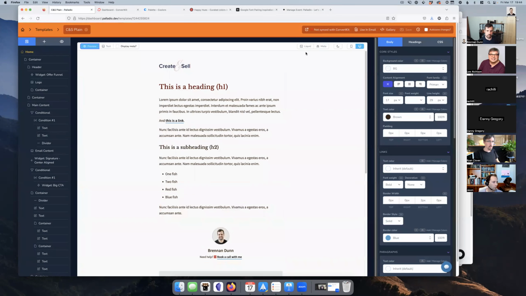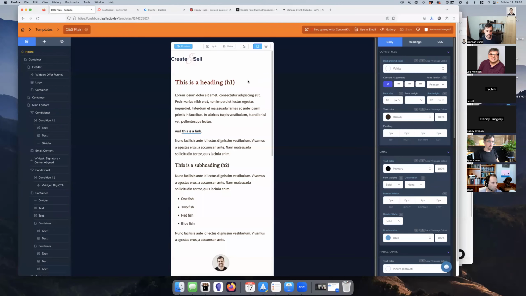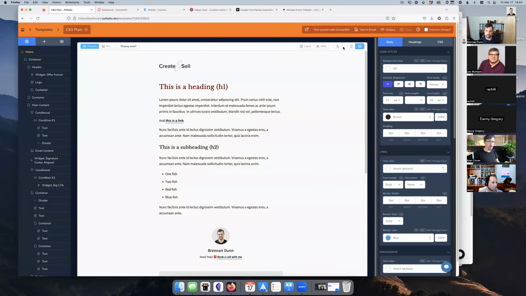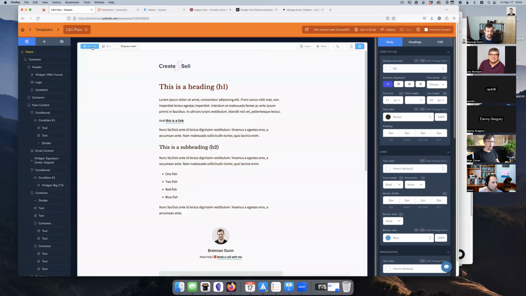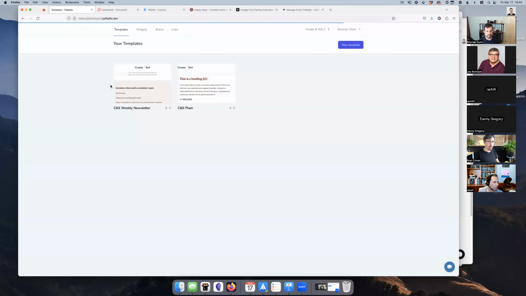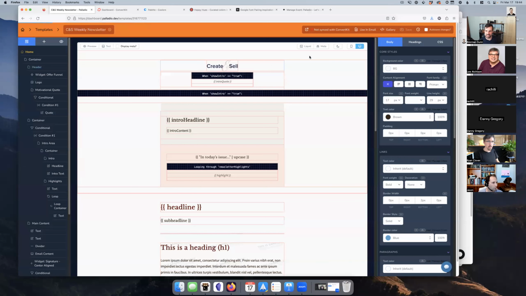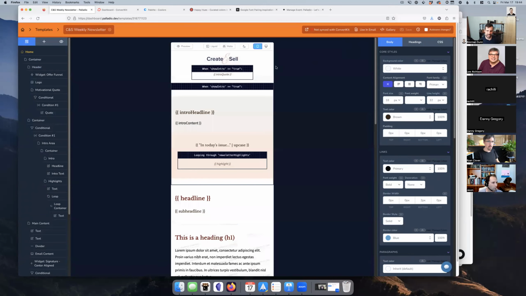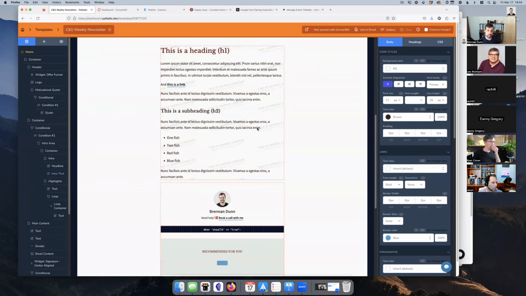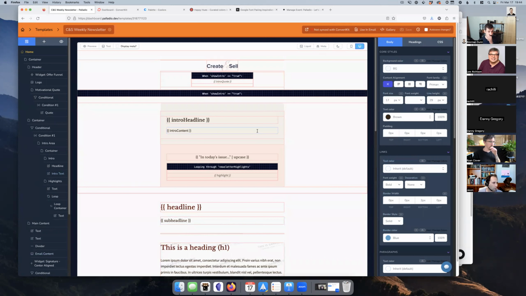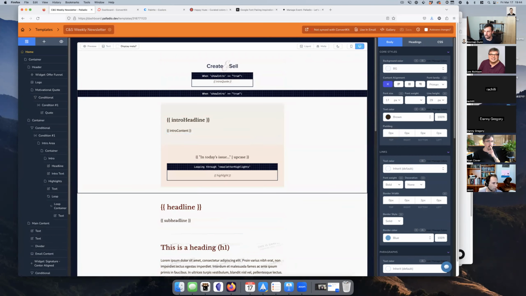And one thing too, if you use Palladio, you can actually see exactly, oh, I need to fix that. That looks horrible. I didn't make this one mobile or responsive. I just set up this new plain one, and I just called myself out for not testing it thoroughly. But you can see here, normally, this gives you the mobile view. So you can see how things look different. And you can also, if you want, hide